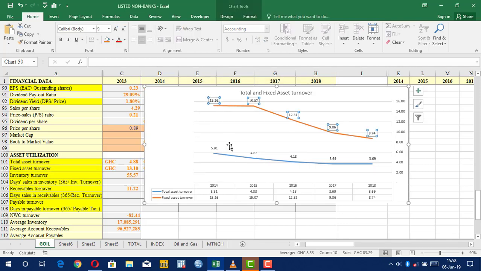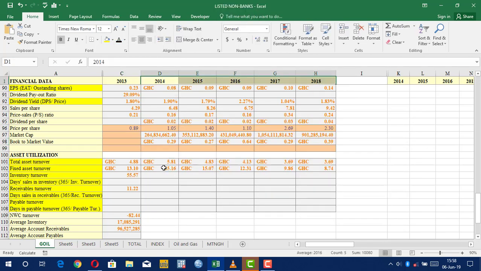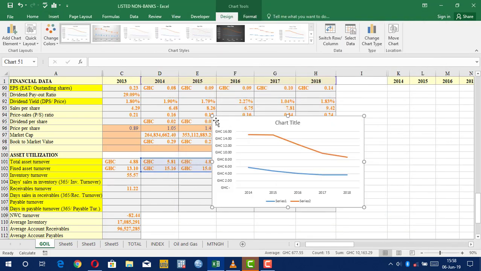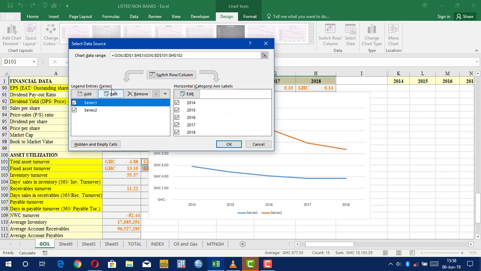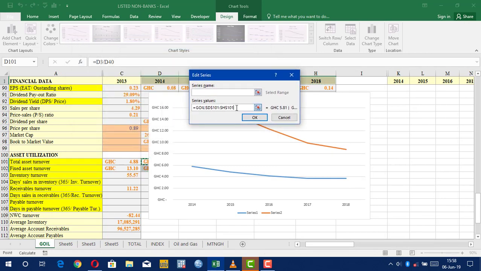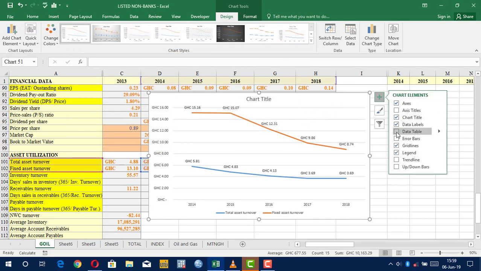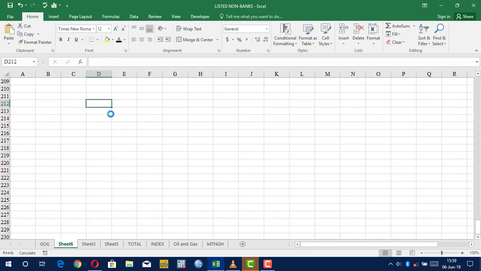Okay, so the figures here. Let's take it back. 2014. All right. I want it this way. Let's edit it again. We have the series name, the first one to be total asset turnover, the second to be fixed asset turnover. For the labels, we need the data tables as well. Good. Let's manage with this for now. The most important thing is